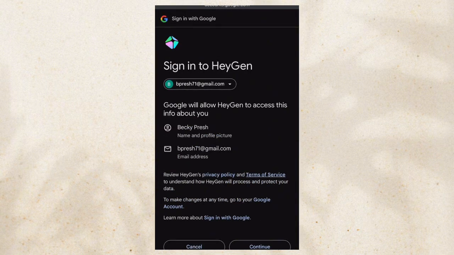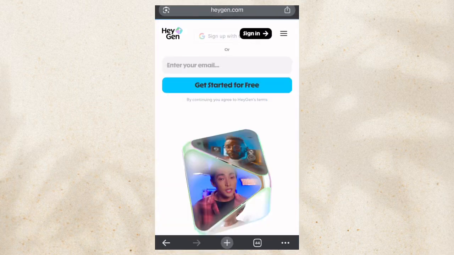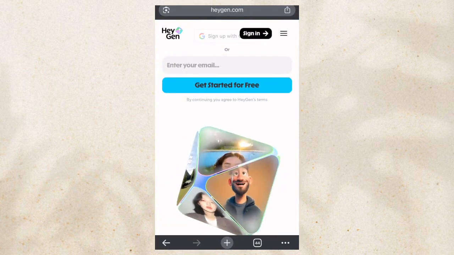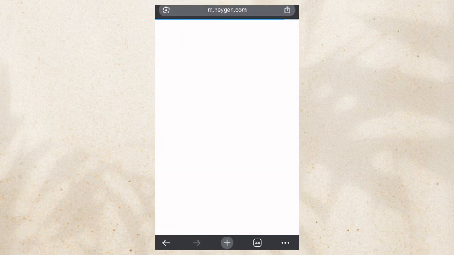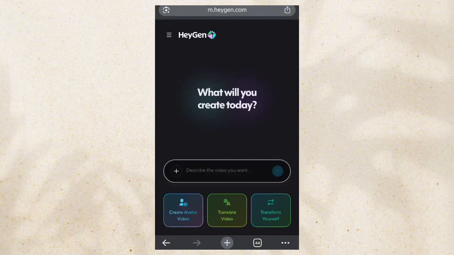After signing in with Google, it will bring you back to this page. Just leave the app and come in again. Then it will show you this interface where you can see create avatar video, translate videos, transform yourself. What you have to do is click on create avatar videos.